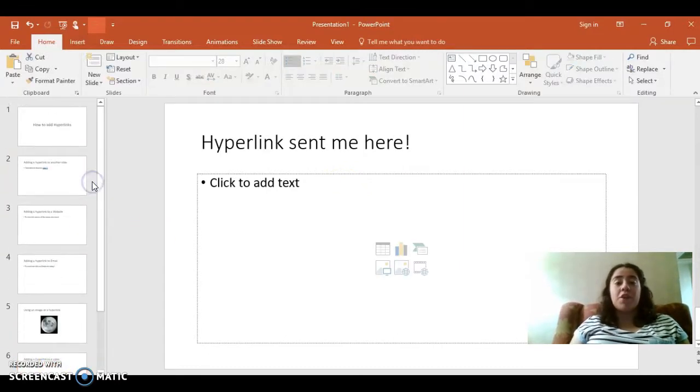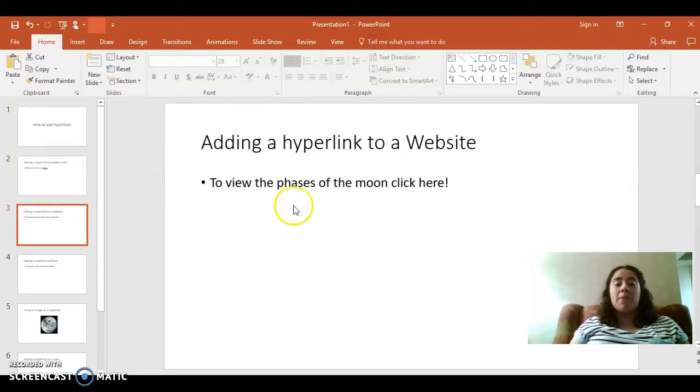Which is a nice way for you to move through your presentation if you have an image that maybe didn't fit but you want to show it, or some type of chart. Now we're going to be showing how to add a hyperlink to a website. So instead of just having the whole address there, you can make certain words send you to that website. So here, for example,